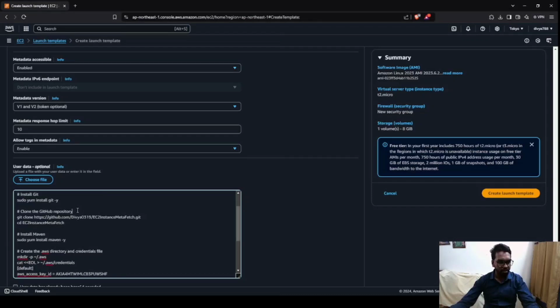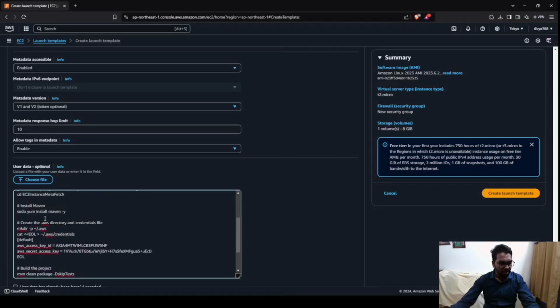One thing to be sure of is that you should already have this repo existing in your GitHub account with the application which you want to run in this instance. After this line of code, git cloning, you will get this repo created in your local EC2 instance. You have to get into that folder. Then you have to install Maven. Why is it required? Because you have to create a jar file to be run by Java. That's why it is required.